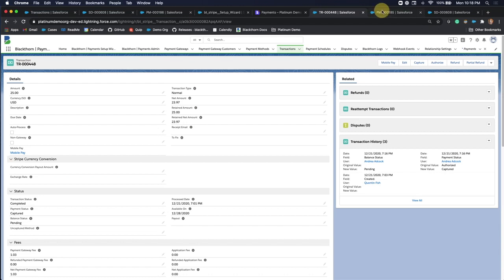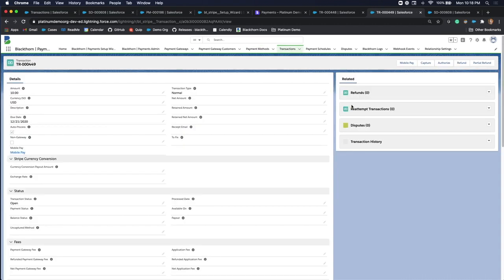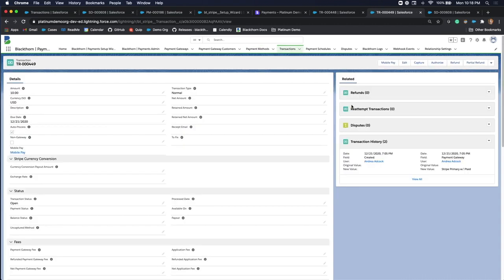Next, we had an issue where our ACH payment methods were failing. We were getting an error from Stripe if we were trying to capture a transaction using an ACH payment method from Salesforce when you have SCA enabled in the org. So this would only happen if you had SCA enabled. So it's very unlikely that you actually encountered this, because up until this release, we didn't have a lot of documentation around SCA and that particular custom setting that would have had to have been enabled in order to see this